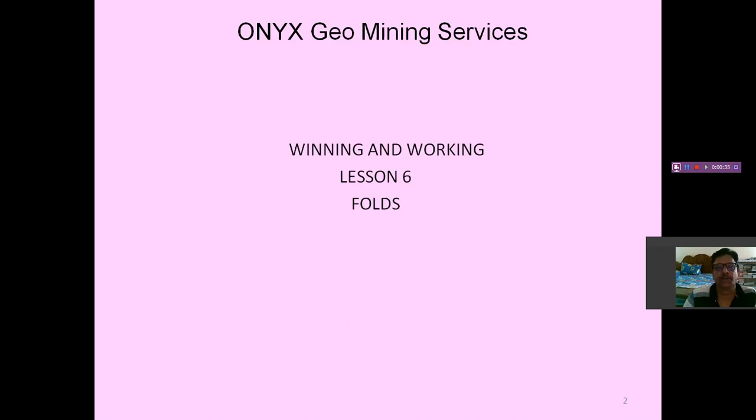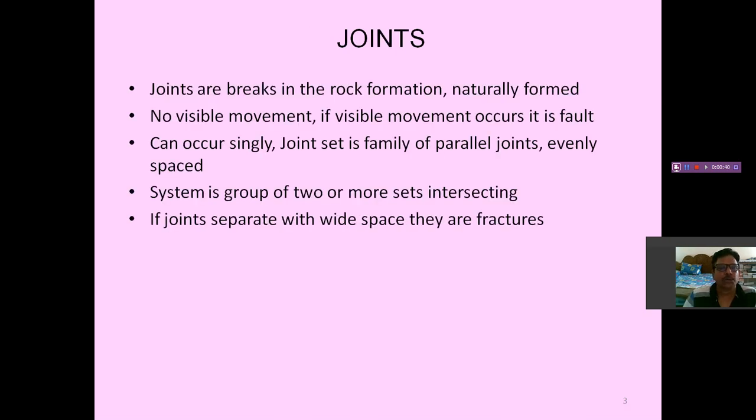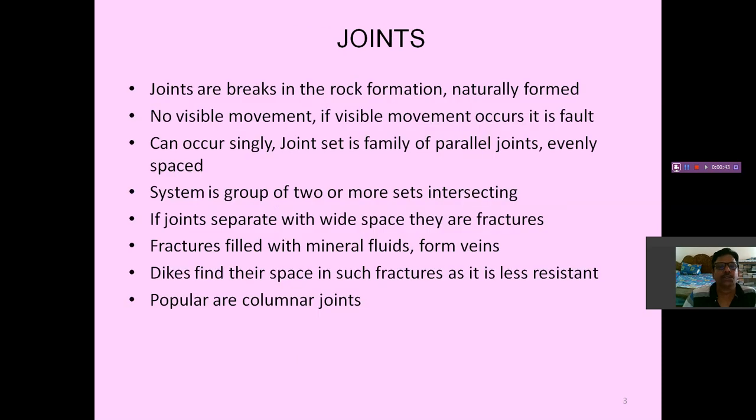This is lesson number 6 on folds, but written as folds, you have got joints and other things. Now, let us understand what is a joint. A joint means something which is together, but it doesn't move. जो भी दो अलग से सॉलिड्स रहते उसको साथ में लेके आगे है, समझिए. There will be a gap or maybe a fine line which shows that there are two separate pieces but firmly attached. They are known as joints.